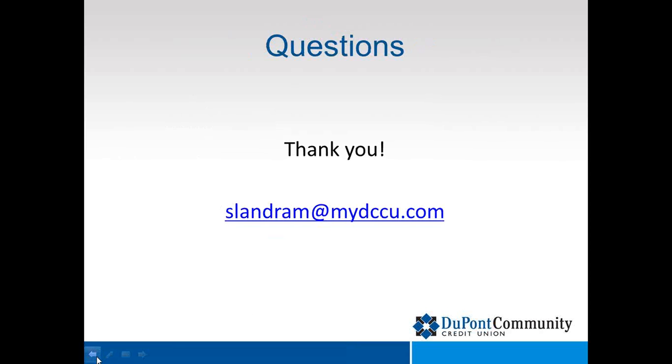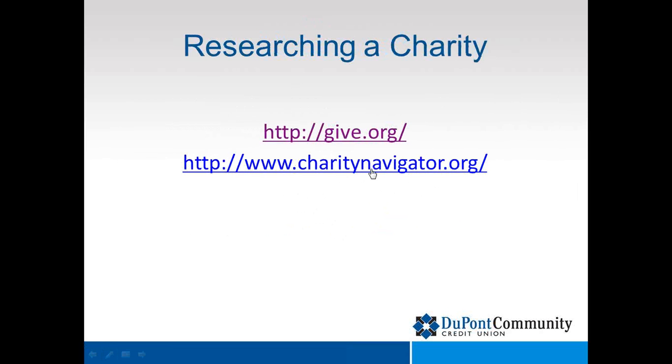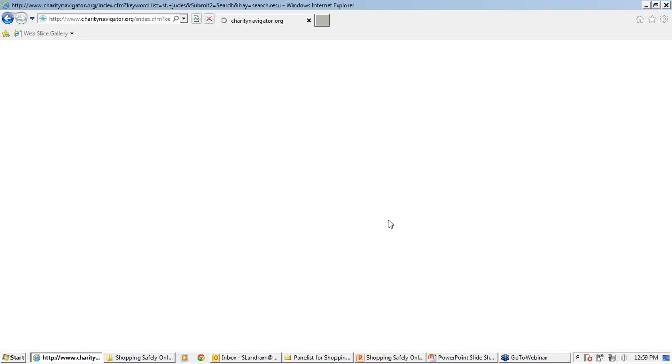And then the next one is Charity Navigator. And this will also let you search for charities, and it gives you some information kind of similar to the Better Business Bureau. It looks a little bit different, but let's look at St. Jude's, which is another charity, and we can just search by the name,